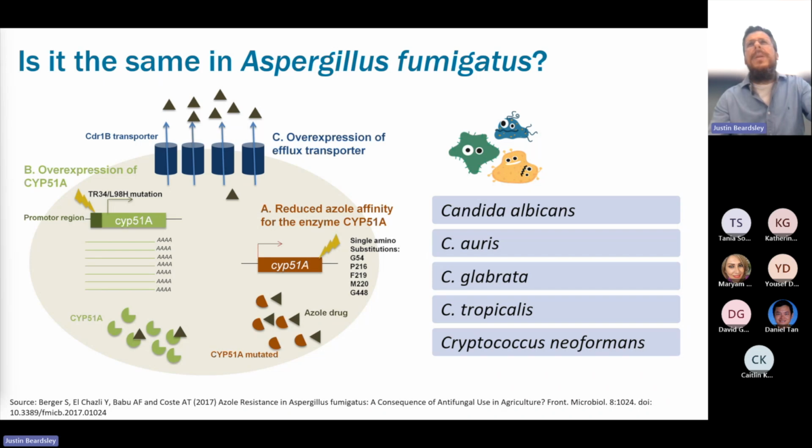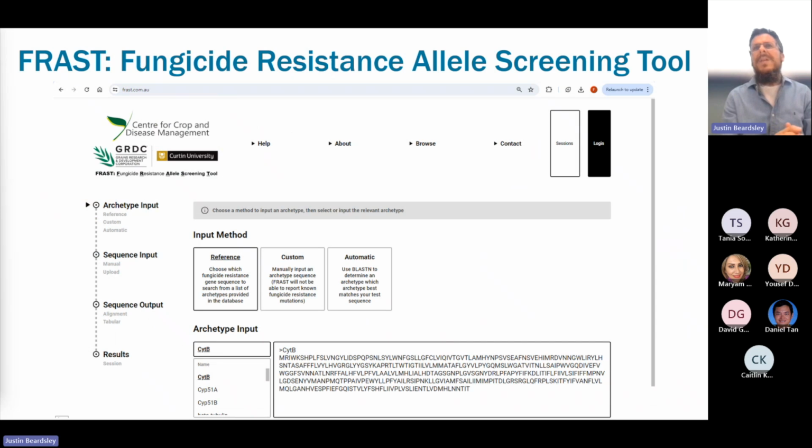Which is sometimes confusing because CYP51, which is a target site for DMI fungicides, is actually quite conserved, but it differs between diseases. So sometimes in my lab, it has happened that we had students thinking that they had found a new mutation and they were very happy. But then after you research the literature intensively, you find after some time that that mutation has been described, for example, in Aspergillus. So in order to overcome these problems, we designed a tool just to simplify our lives a little bit.